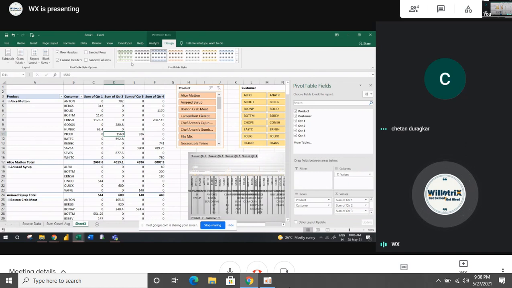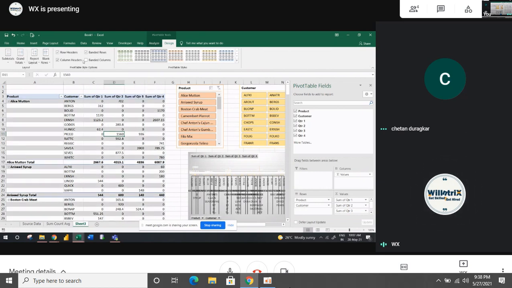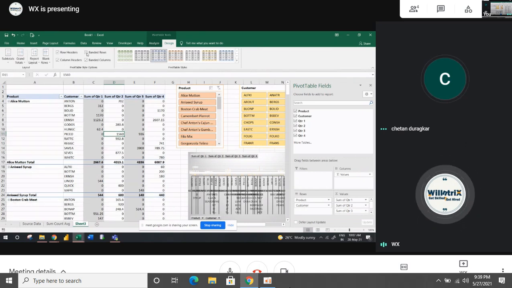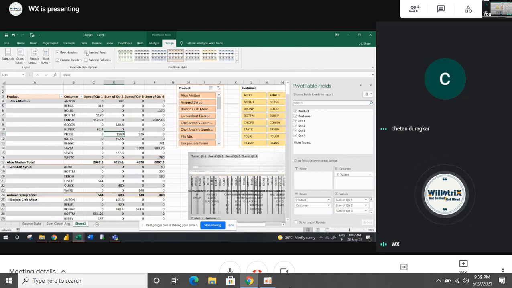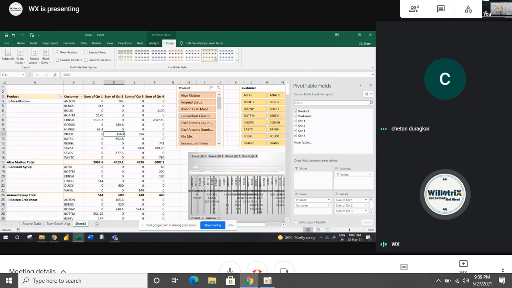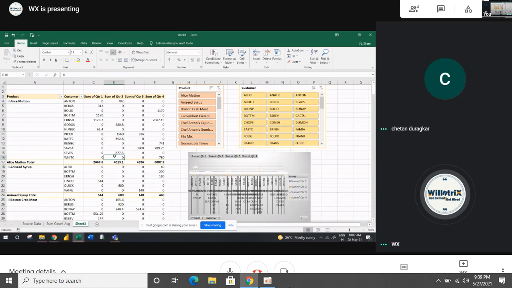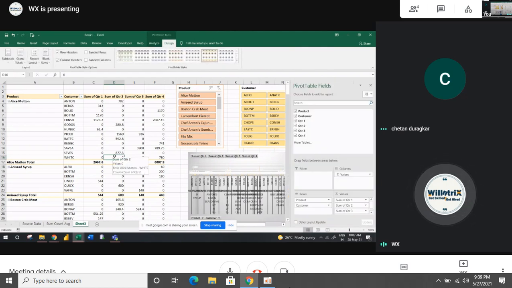Then, if you want to change the pivot table style, meaning the color and all, here you can choose banded rows or banded columns. Alternative columns are hidden colored. If you want to change the color, select the color. I don't want banded columns, I just want banded rows here, or I don't want that. Then I will select, and it's applied. This is all about the pivot table design option.